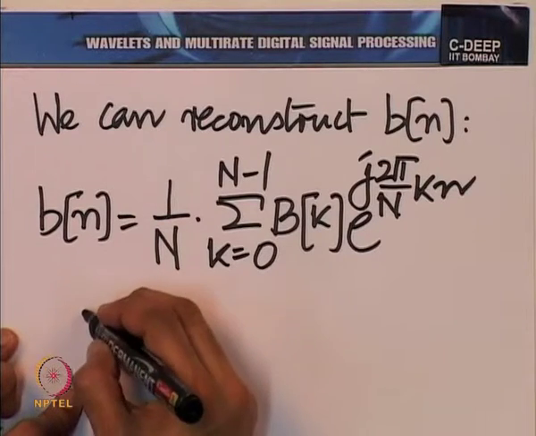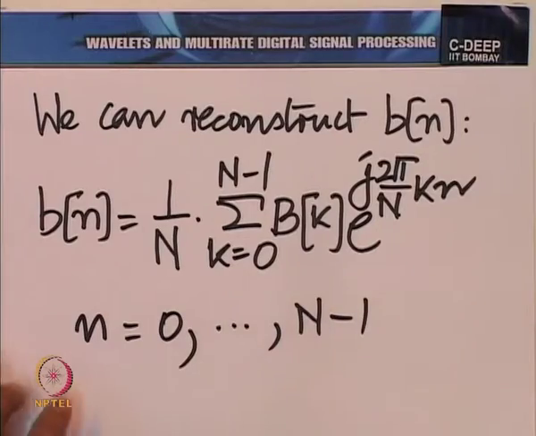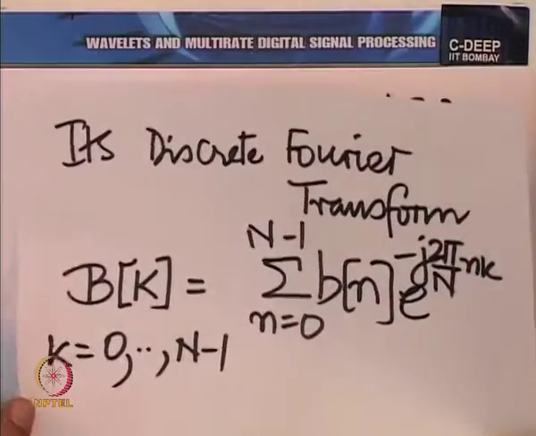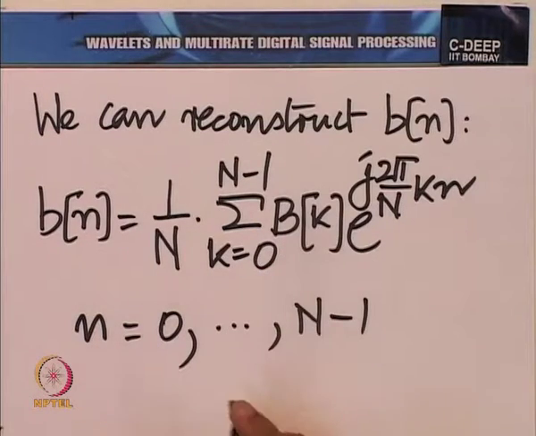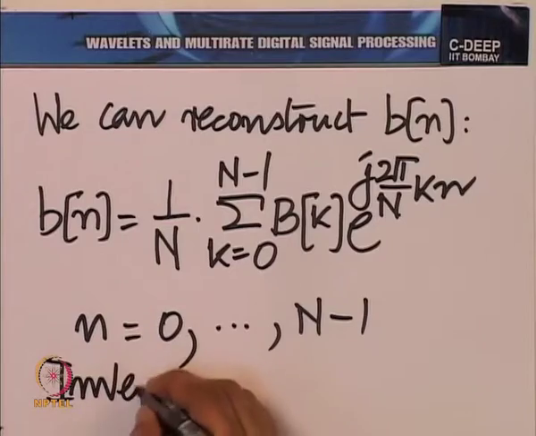Now, this is true for n going from 0 to capital N minus 1. But after all, if you recall, what we have here in the discrete Fourier transform expression and in this expression, which is essentially an inverse discrete Fourier transform,